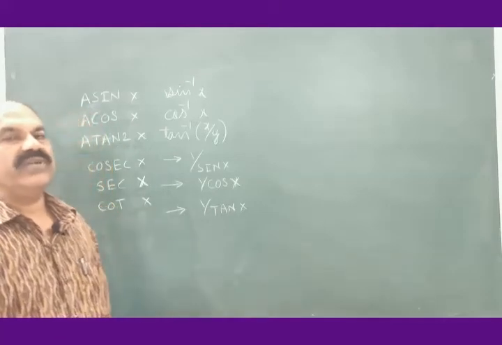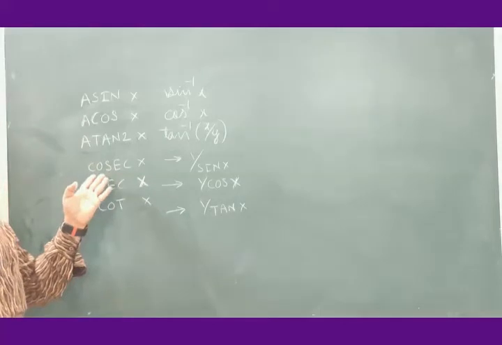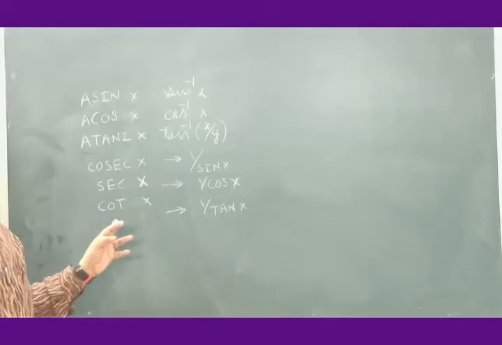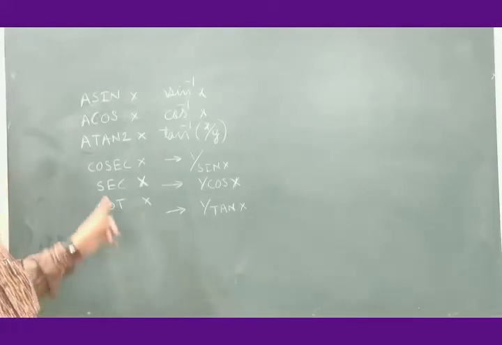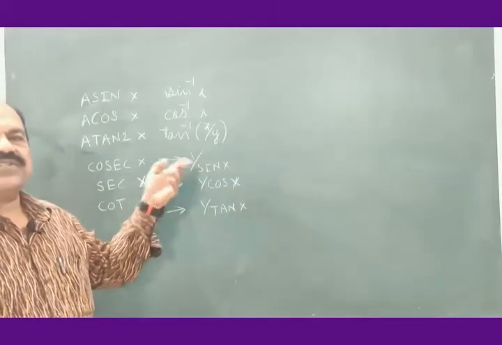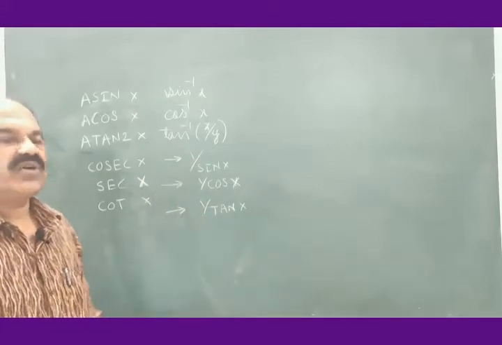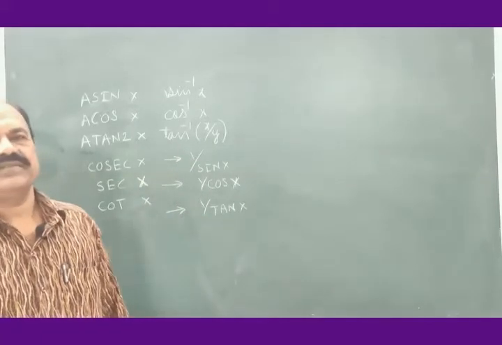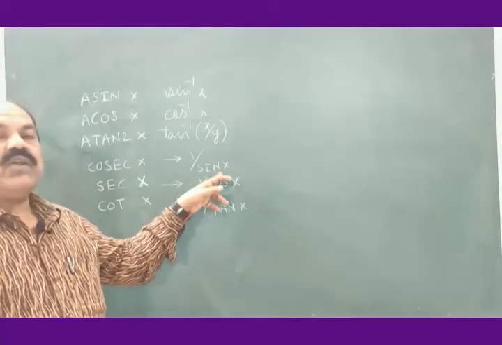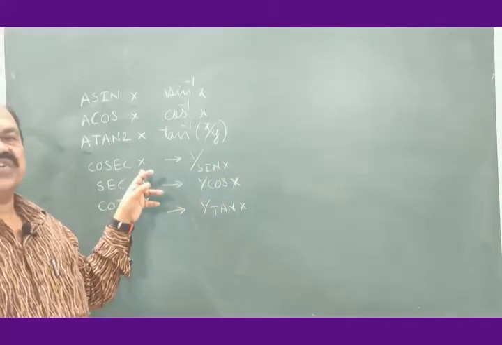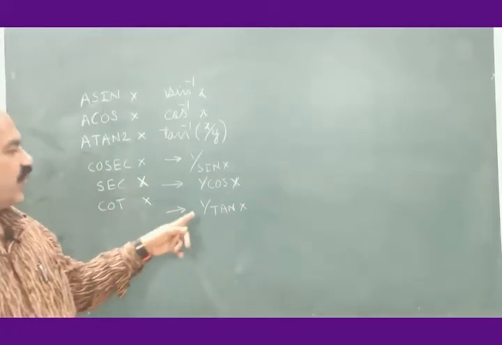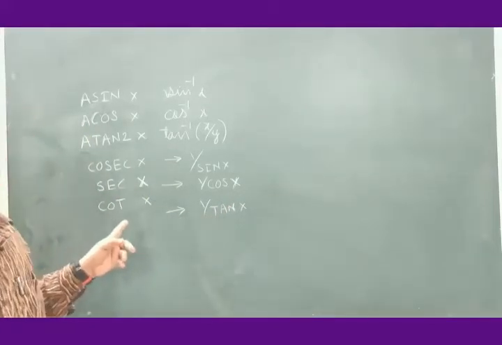if you know tan of an argument, you can easily get cosec of an argument, sec of an argument, cotangent or cot of an argument, because cosec is inverse of sine, sec is inverse of cos, cot is inverse of tan. So, knowing the value of sin x, we can get the value of cosec x. Knowing the value of cos x, we can get the value of sec x. Knowing the value of tan x, we can get the value of cot x.